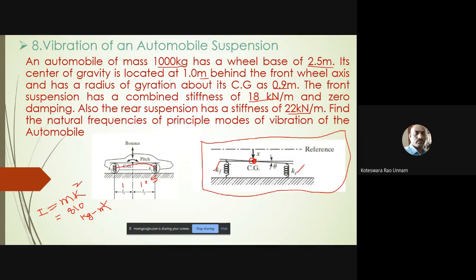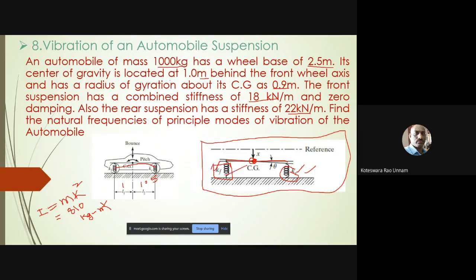Then for this front suspension spring, I need to create one more element. Similarly, to define the rear suspension, I need to define one more element. Then these suspension systems are connected through two elements, something like this. So this is one element connecting the front suspension to the CG, and another element which connects the CG to the rear suspension. So how many elements do I need to create? It is a total of 5 elements.